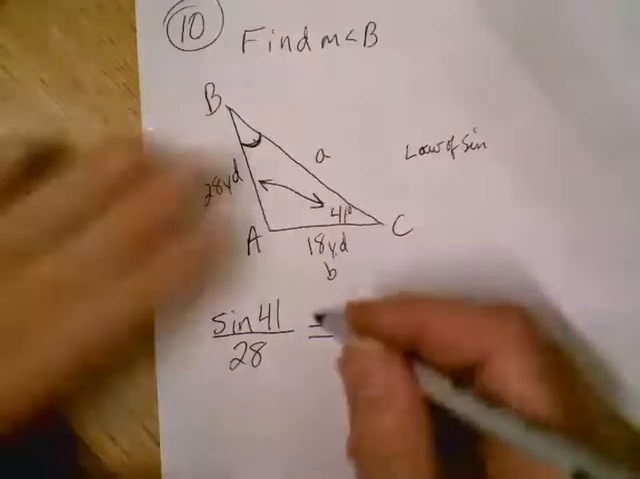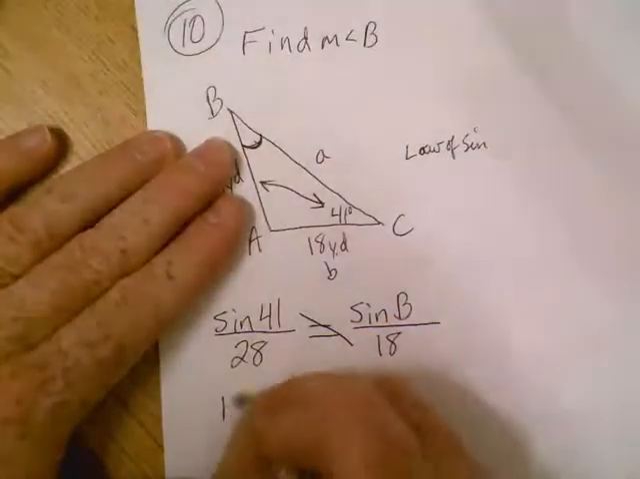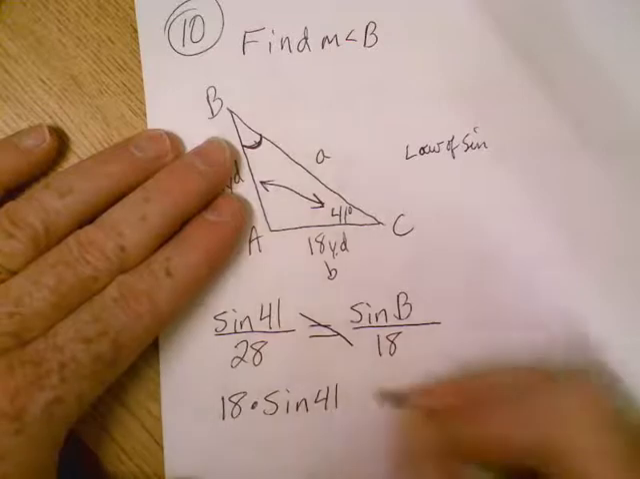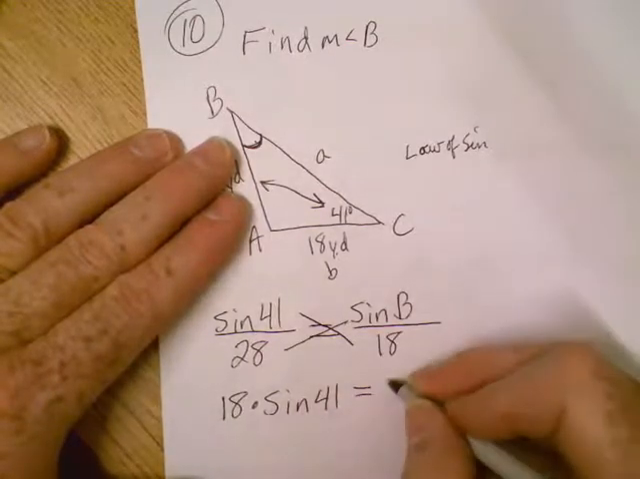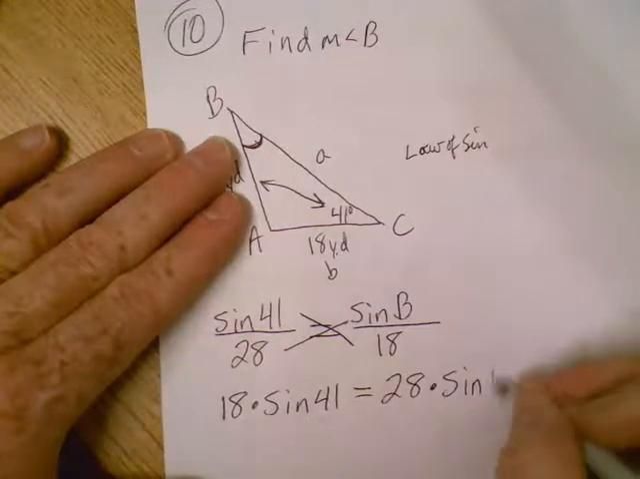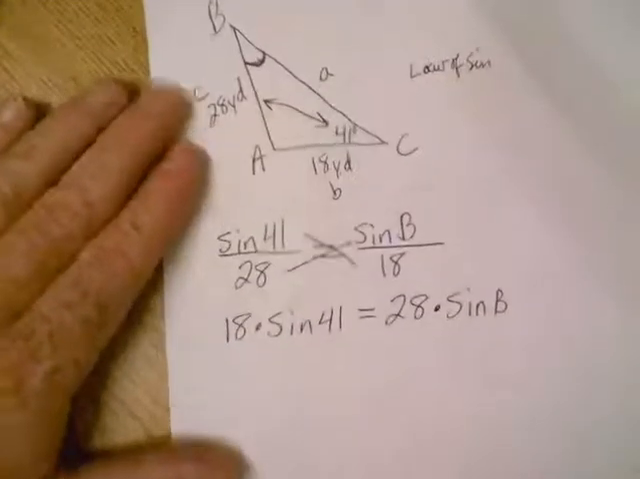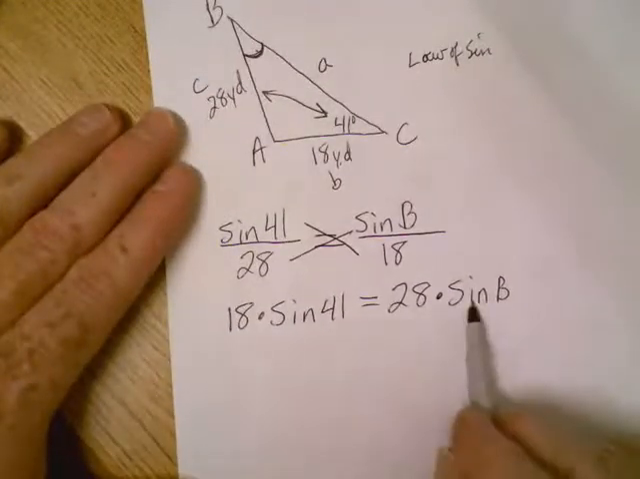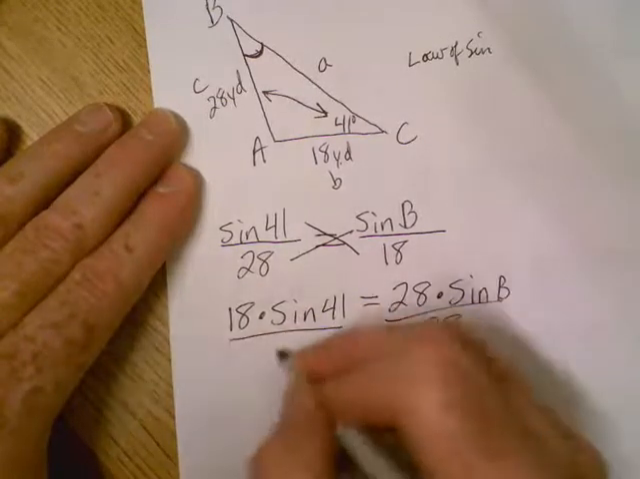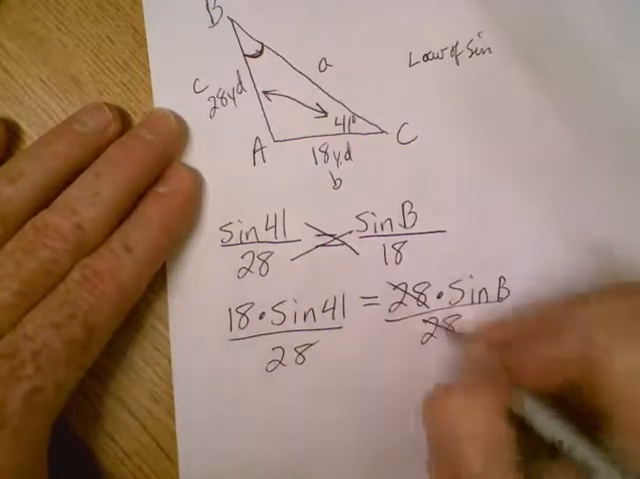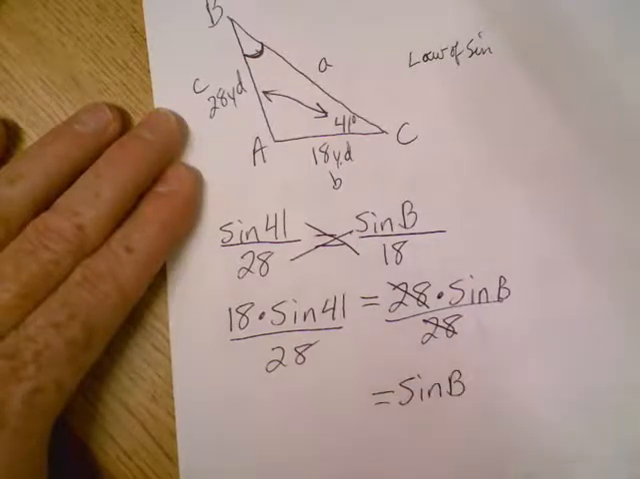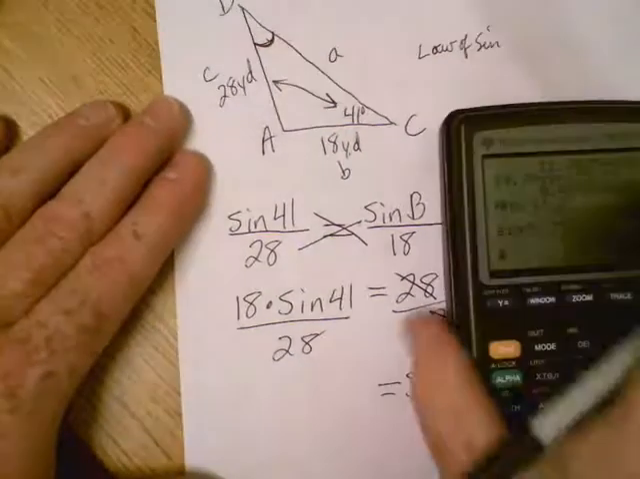I cross multiply. This way I get 18 times the sine of 41. Going the other way, I get 28 times the sine of B. Trying to get sine of B by itself, so I divide both sides by 28. Those cancel out. You're left with sine of B equals, over here on this side,